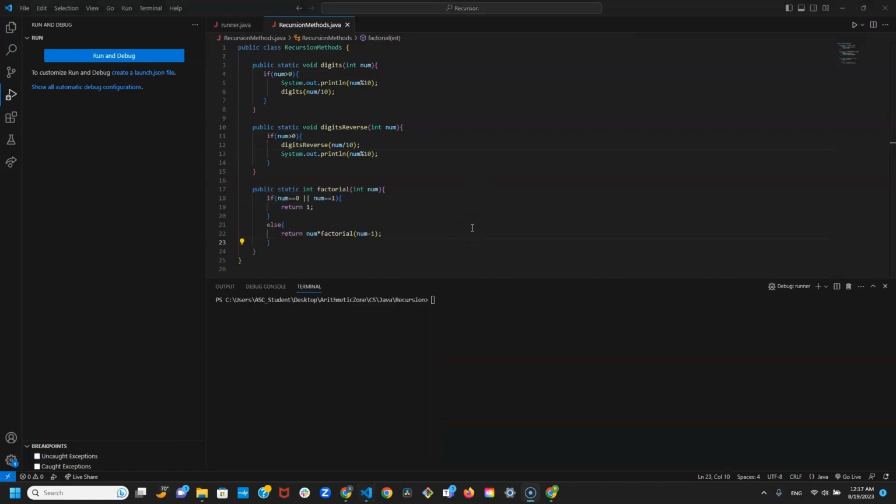Now I want to get into other methods that we can use with recursion. So these are common methods that you may encounter or you may need to write, and they all involve recursion somehow. So here I have a factorial method. Now I briefly covered factorials in a video a while back. The link to that video is in the description if you need to know what a factorial is and how